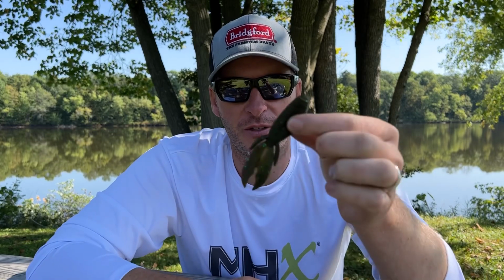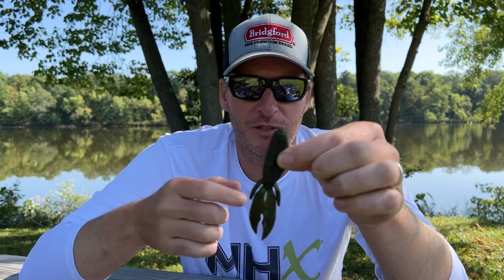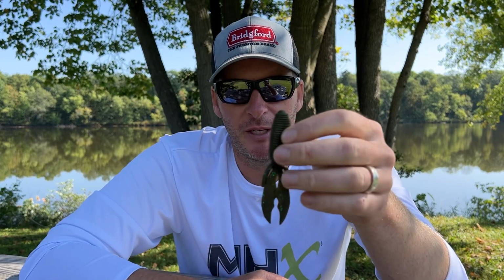And the Creature Hog is my go-to flipping bait for any time I'm picking up a beaver style bait. But it's a great bait for putting down into those log jams and around the stumps and bringing through some big boulder rocks and stuff like that where the fish are going to be hanging out during the fall period. Next up,